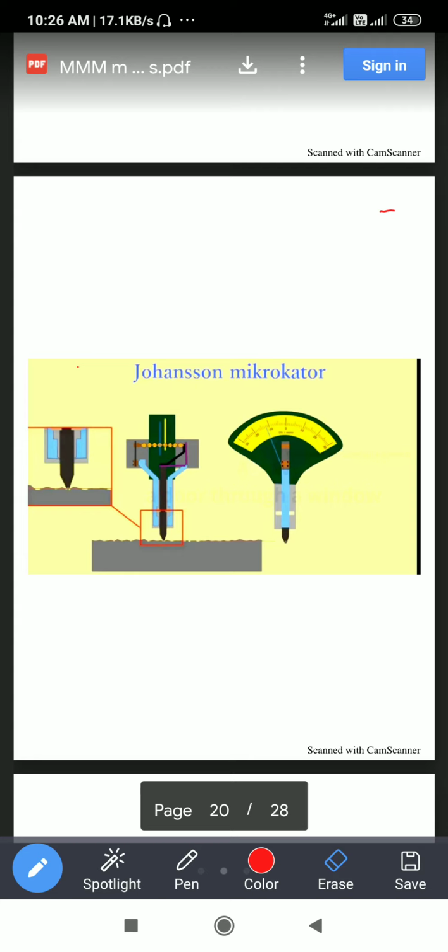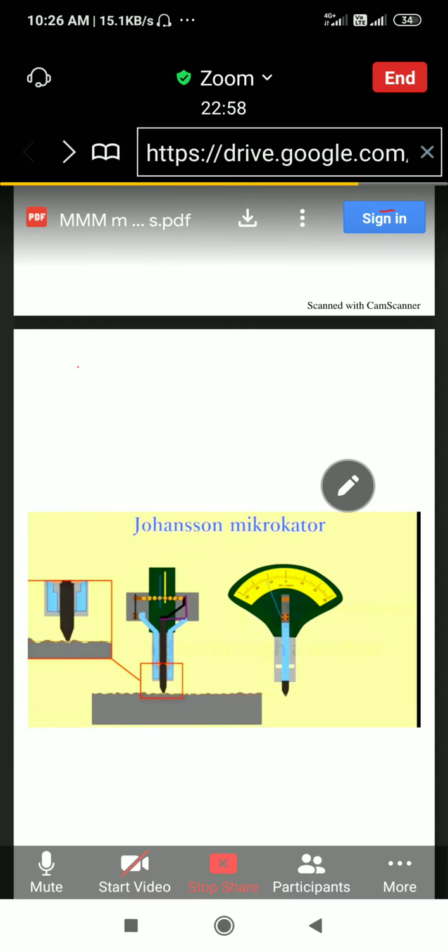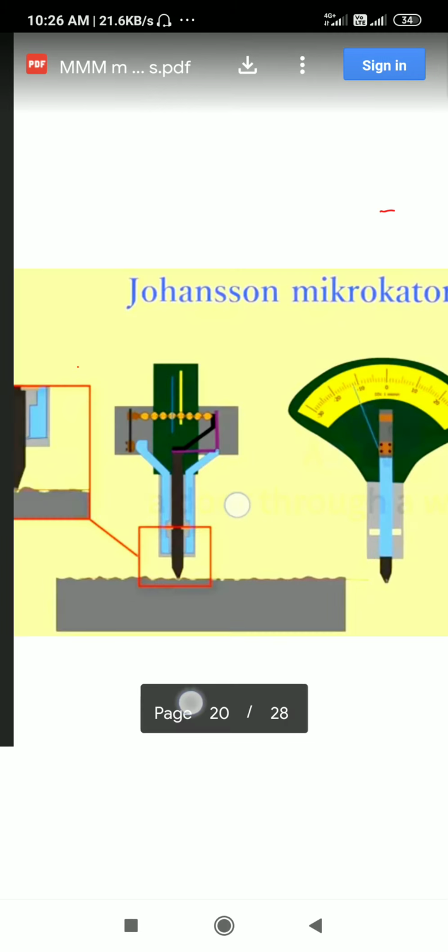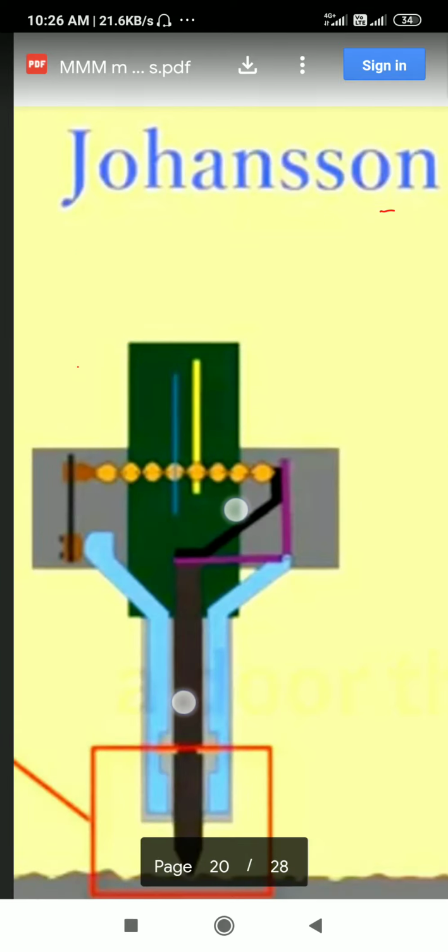You have seen a tailor's sewing machine, how the needle keeps moving up and down while stitching. Just the same way the plunger also moves up and down if there is a rough surface on the workpiece. This movement makes a variation of the needle, by which you identify the range of the surface finish. Now next I will zoom the diagram and we will see the construction of this Johnson.